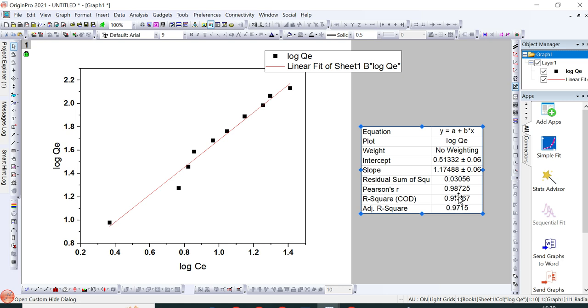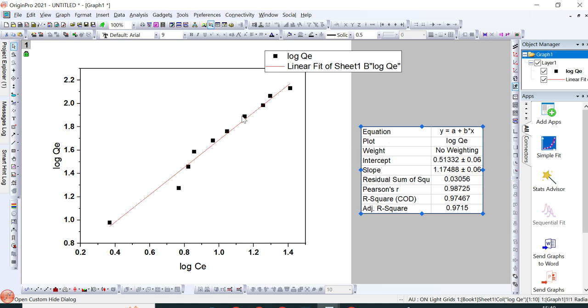It's better to use two digits after the decimal, like 0.97. If you want to write some more digits, you can write up to three digits, like 0.974. From these slope and intercept values you can easily calculate the Freundlich constant Kf. You can also calculate the value of n, the Freundlich exponent, and if n is greater than 1, it shows the feasibility of the adsorption process. We have already discussed the Freundlich model assumptions, its parameter calculation, and its linear and non-linear expressions in previous videos of the playlist that is provided in the description box.